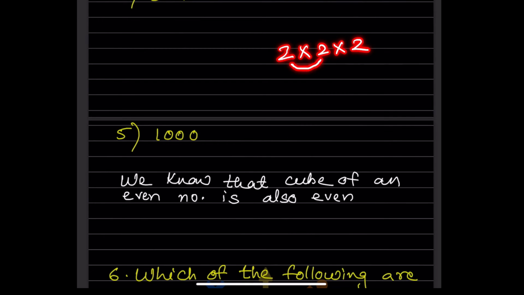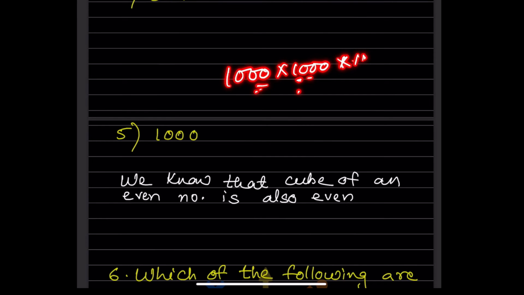So what do you get here? 2 twos are 4, 4 twos are 8. So 8 also is an even number. If you take a cube of 1000, 1000 into 1000 into 1000, you will get 1 and 9 zeros, which is also an even number, because 0 is an even number. So we know that the cube of an even number is also even. Therefore, we can write: